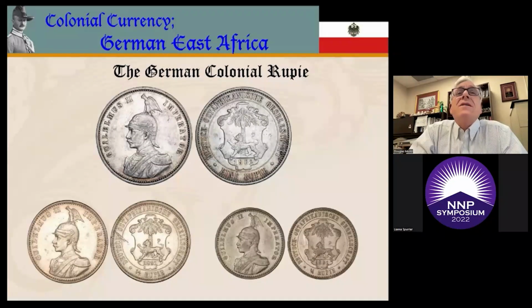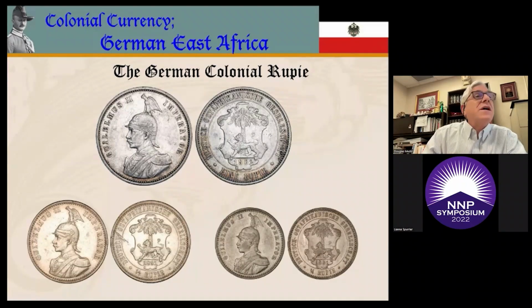Production of this series commenced in 1891 and lasted until 1904, when the final company rupee coins were struck. Some years saw no mintage figures, as the coins were struck only to meet the demands of existing commerce. Mintage figures for German East Africa Company coins are low as compared to the later government issues that followed after 1904, making them relatively expensive today.